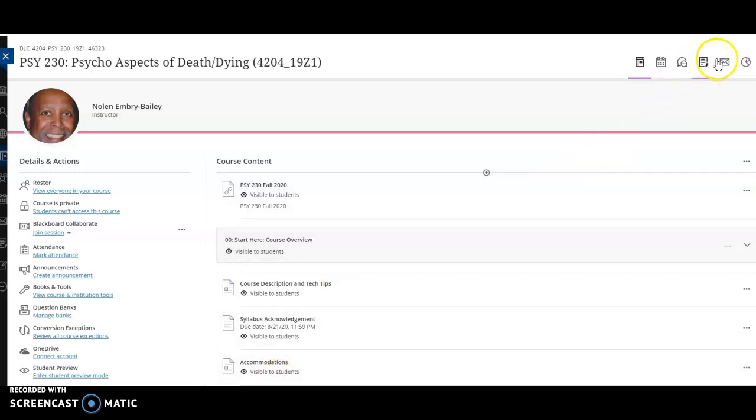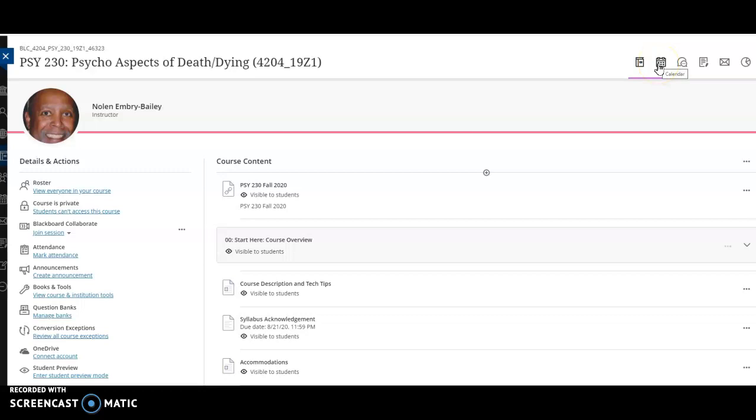Up here to my right is where you will find your course messages. My preferred form of communication is course messages rather than email from KCTCS. The Blackboard messages, I find, a better way of communication. The second is a grade book. So if you want to determine what your grades are, you can look there and instantly find your grade. There is a tab for discussion.